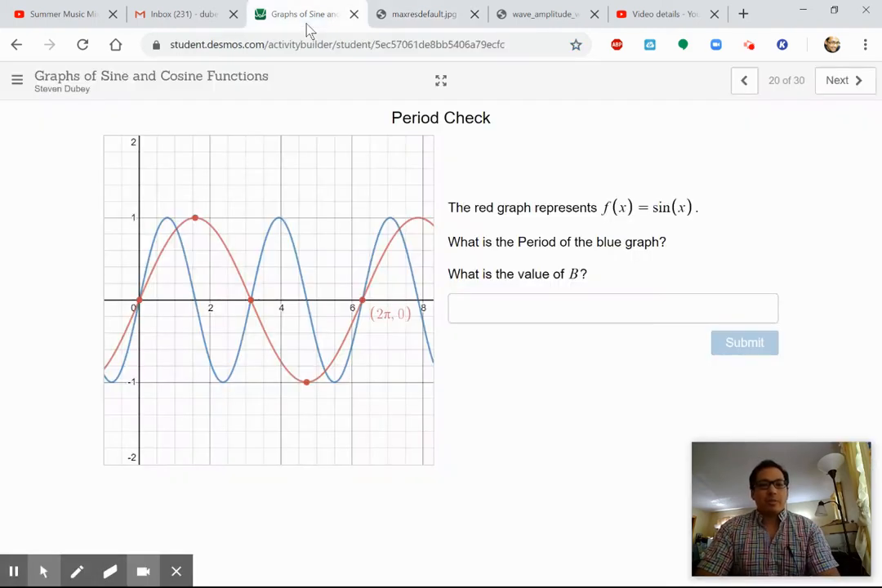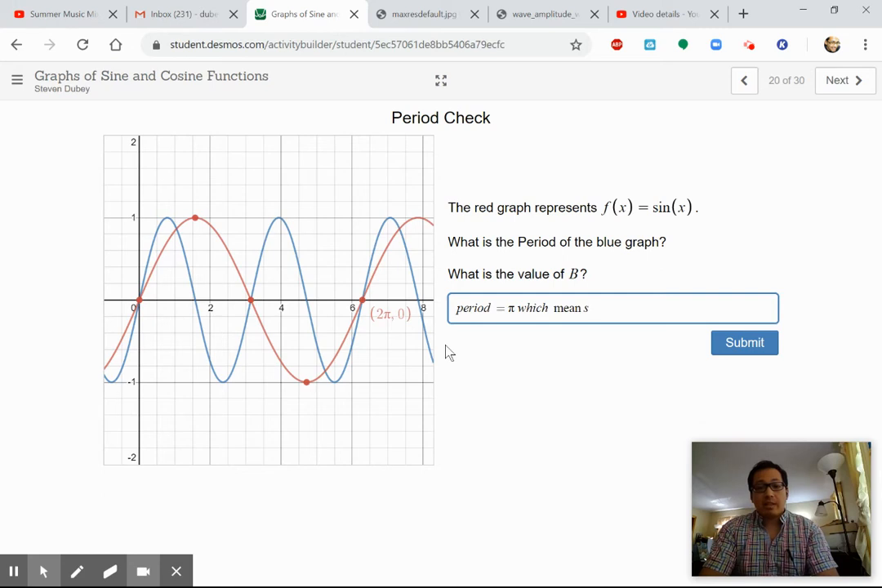Maybe I'll help you out with this one, because honestly it's the trickiest of the 4 transformations. If you notice, there's 2 cycles of sine now, where normally there was 1. So the period, instead of being 2 pi, is half of that. It's just pi. So the period now is equal to pi,